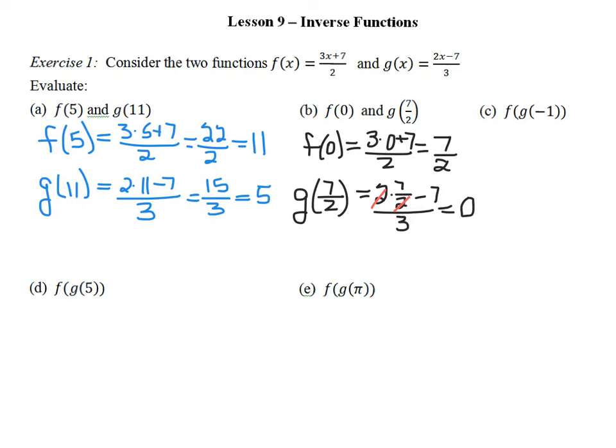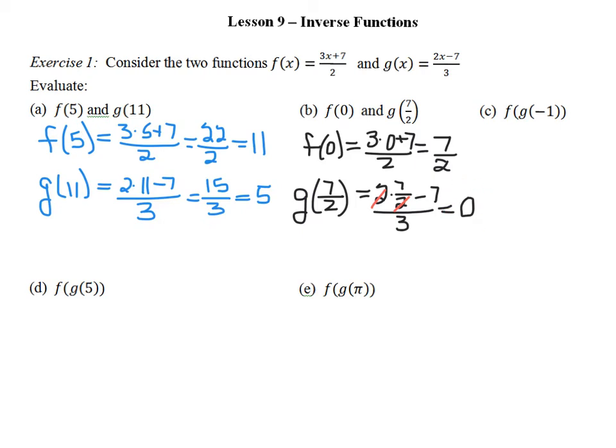Now take a few seconds to look at those two examples and see if you notice anything. Do you see that when we started with a 5 in our f of 5 function, we got the answer of 11. But then when we put 11 into the g function, that brought us back to our original x value of 5. The same thing happened in part B when we started with 0 for our input. Our output was 7 halves. And then when we put 7 halves into the g function, it brought us back to that original input of